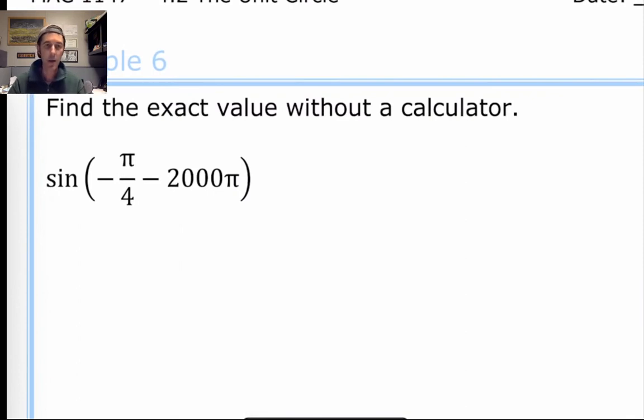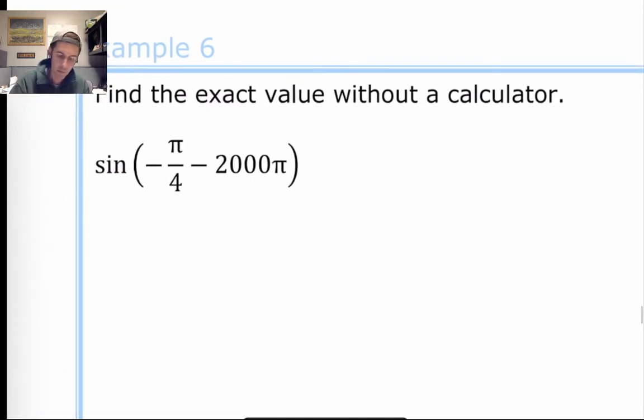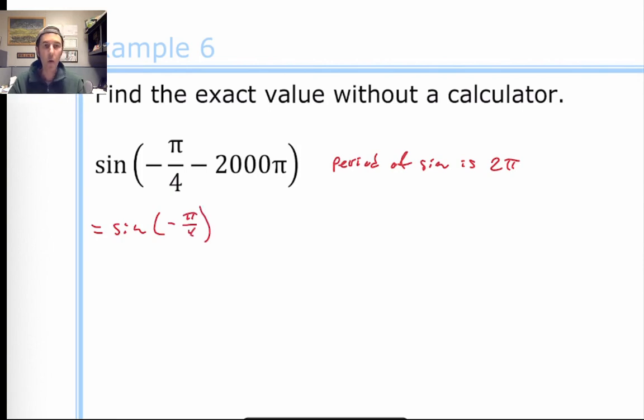Find the exact value without a calculator. The sine function has a period of 2 pi. That piece of information allows me to say that my original statement is equal to the sine of simply negative pi over 4. Why? Because